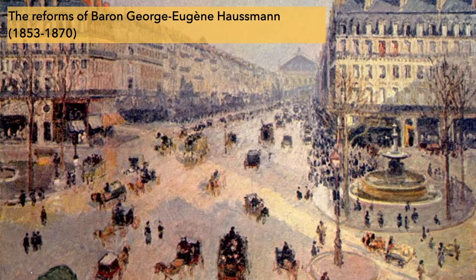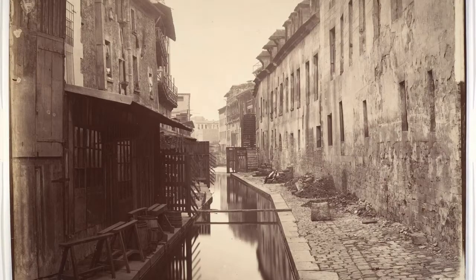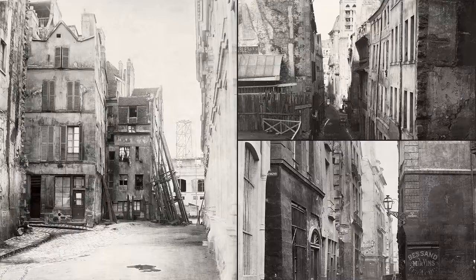Maybe not most, but a lot of Paris. This is a painting of some of his reforms afterwards. This is a really broad, wide street. Paris did not have big, broad, wide streets before Haussmann. Before him, you had things like this. This is not a picture you usually associate with Paris. Or these. It was pretty dingy and broken down and nasty in places.